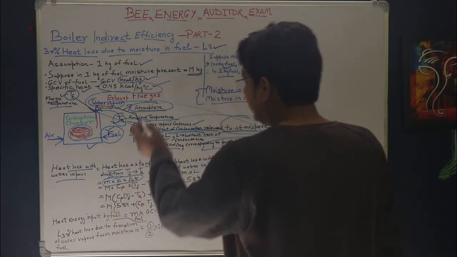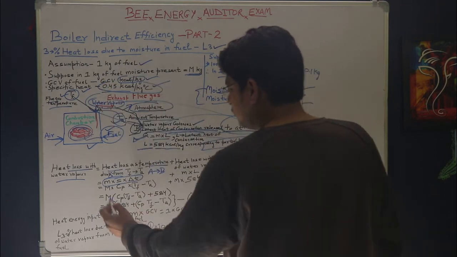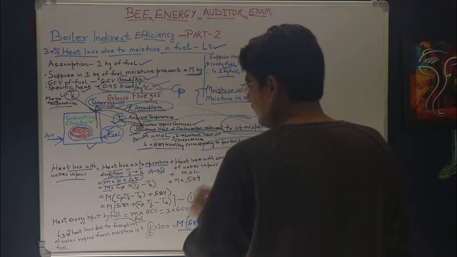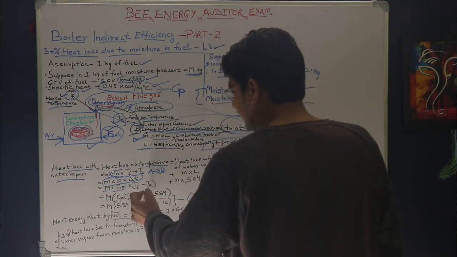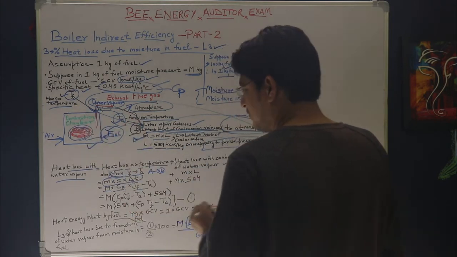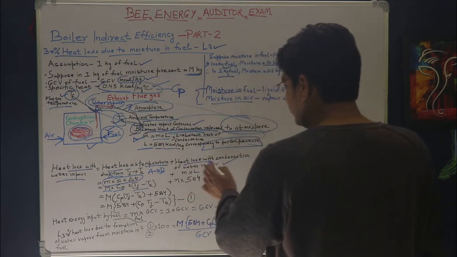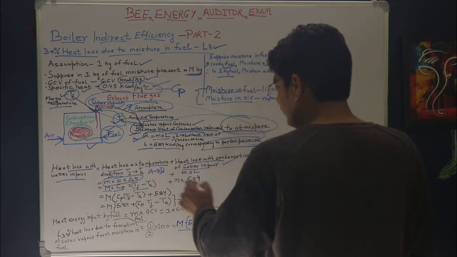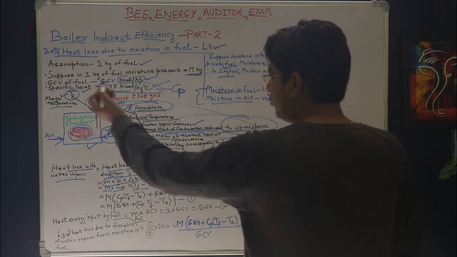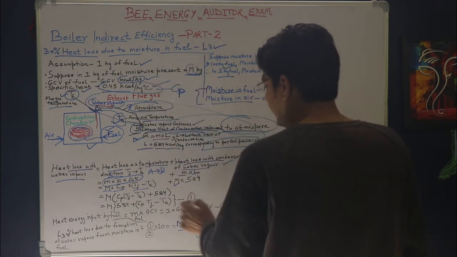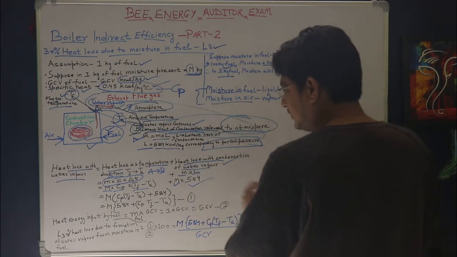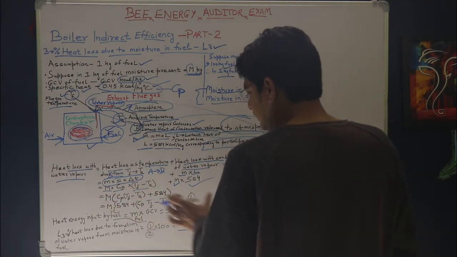So value of mass I have assumed m corresponding to 1 kg of fuel. The specific heat of water I am considering as Cp. So Cp is the specific heat. Delta T, as the temperature is dropping from Tf to Ta, will be equal to Tf minus Ta. Now heat loss with the condensation of water vapor will be given by m into L, where m is the mass of the moisture which is involved here, and L is the latent heat of condensation corresponding to partial pressure.